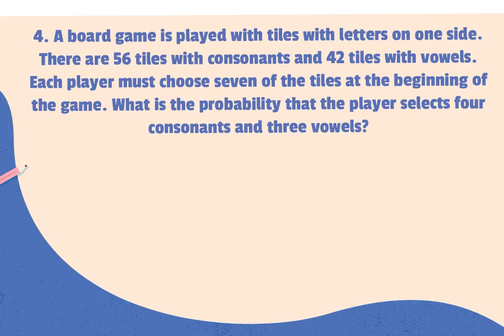So you're going to get 56 consonants, and you're choosing 4. It doesn't matter the order in which you receive them. 42 vowels, you're choosing 3, all over 98 choose 7, because there's 98 total tiles and you're picking 7 of them. So you're going to get